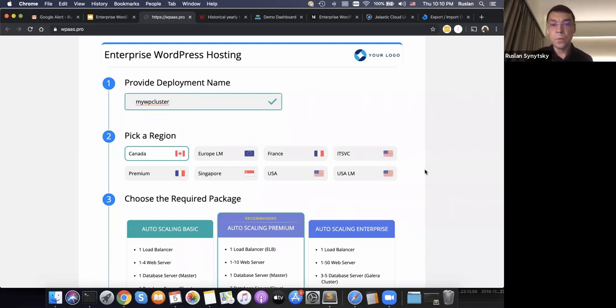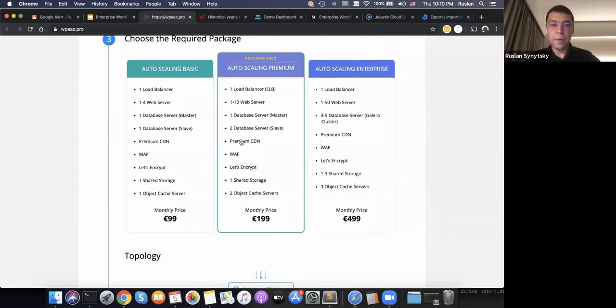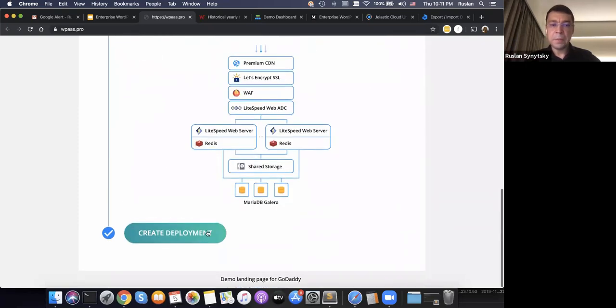Okay, this name is available. Then it automatically pulls the regions available at our Jelastic cluster. I choose, for example, this region, and we specify the packages we want to offer. This is fully customizable. You can easily update information here. Let's say we go with the recommended plan, and you can see the topology, and then just press the create button and